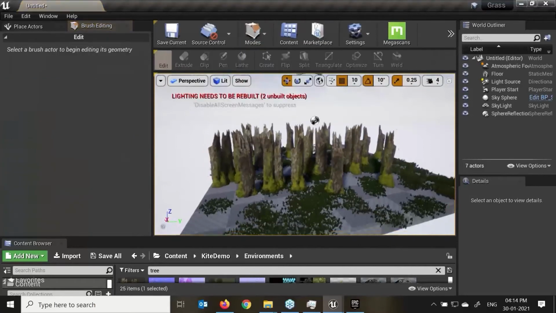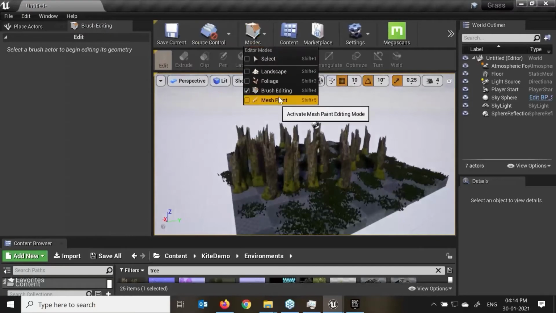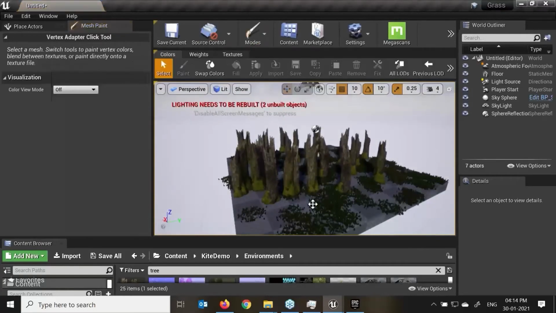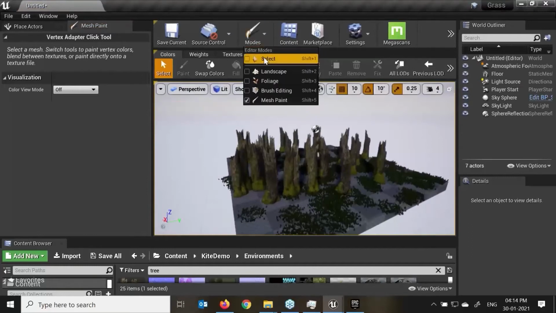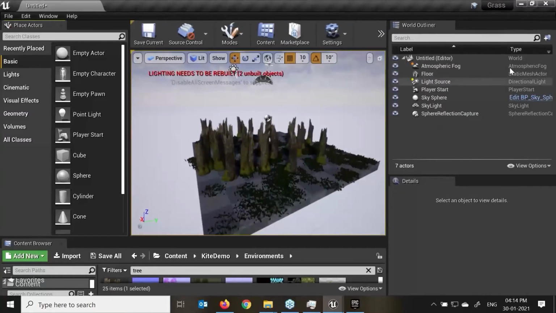This is the brush setting. If I want to do brush setting, erase or extrude, I can do that. This is the mesh paint. If I've created any 3D paint or 3D object over here, and I want to do modification on that, at that time this is the brush mode. Whatever I've created, when you look into the outliner here, we can see it's showing you a type.